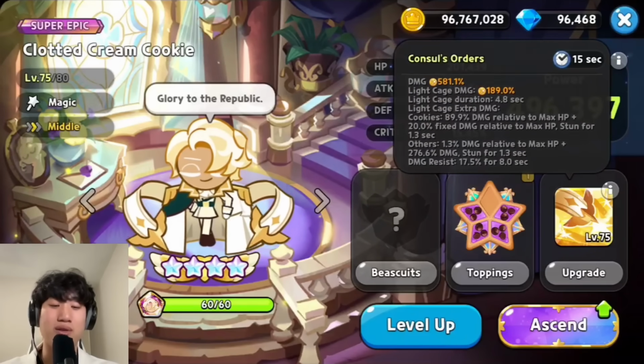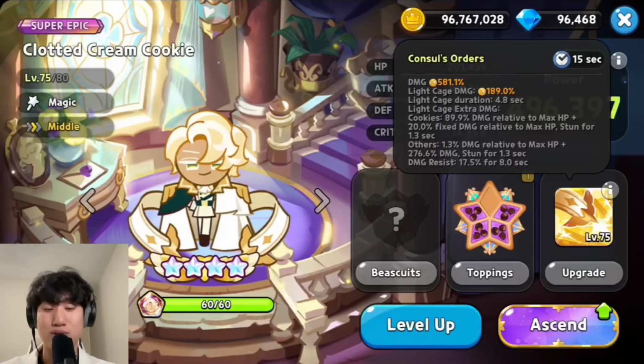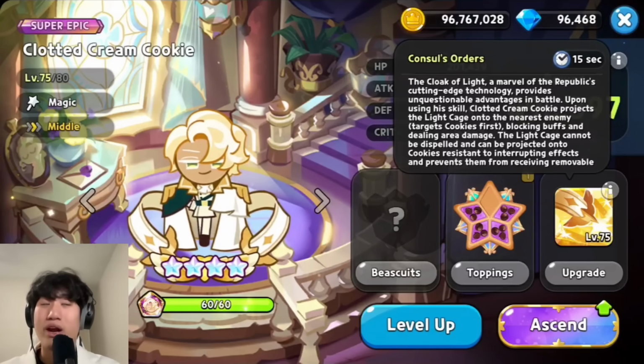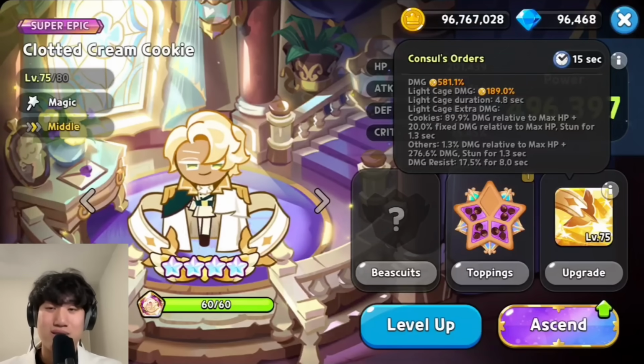Yes, Clotted Cream is able to do a little bit of damage. Damage is actually really small too, to be honest. And then you're able to do the Light Cage, but the Light Cage is not to the cookie with the highest attack, but with the cookie who's the closest, right, in the front. So it's random too, or it's mainly the tanks, which means that nowadays it's just not going to